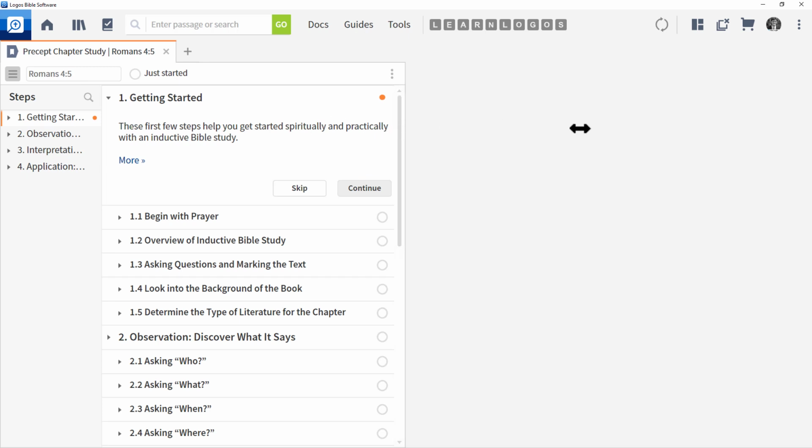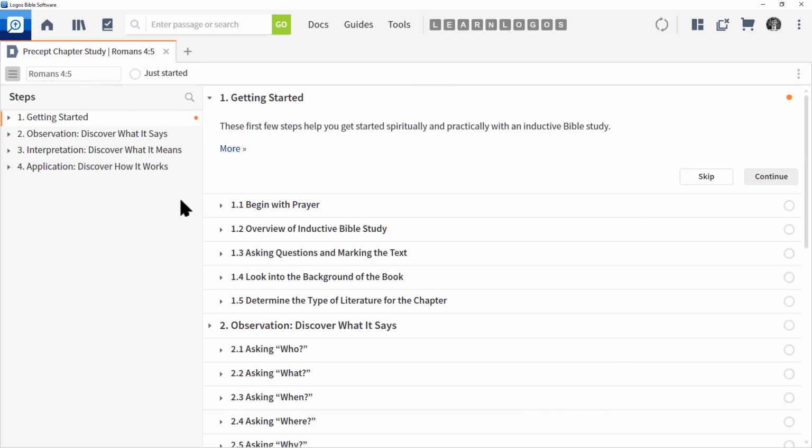Let's expand the window so we fill up our full screen. As you can see, there are 4 major steps with the Precept Chapter Study. Getting started, which is introducing you to the whole workflow. Then the 3 key steps: observation, discovering what it says; interpretation, discover what it means; and application, discover how it